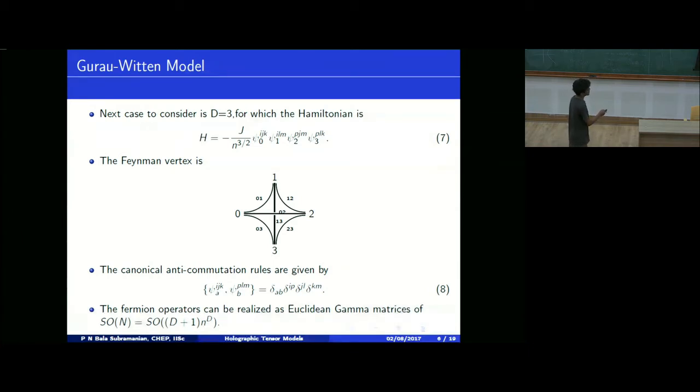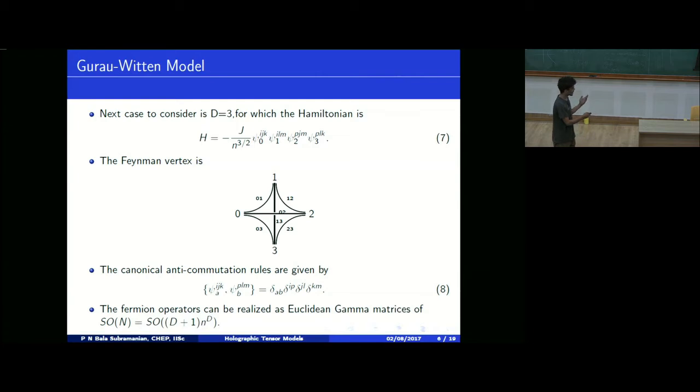So from this, you can see that for 0,1 there will be an I that is contracted, for 0,2 there will be a J that is contracted, and for 0,3 there's a K that's contracted, and the following indices are also contracted in a similar way, and you obtain this Hamiltonian. Also, these psi's are Majorana fermions, so they have the canonical anti-commutation relations given by this, which essentially helps